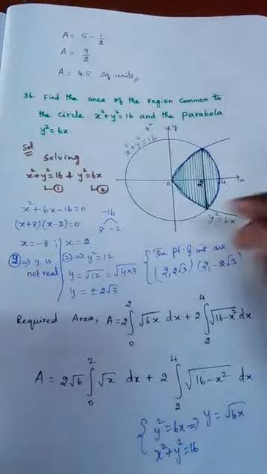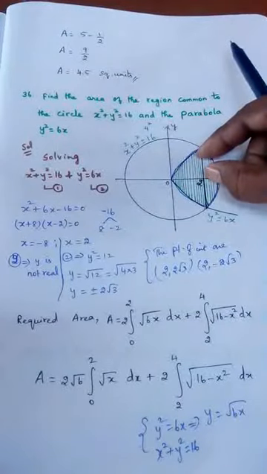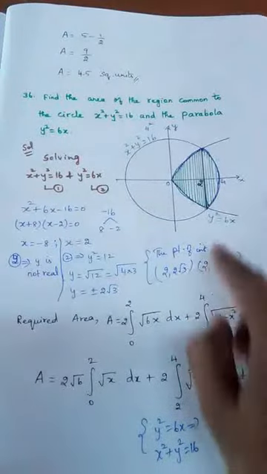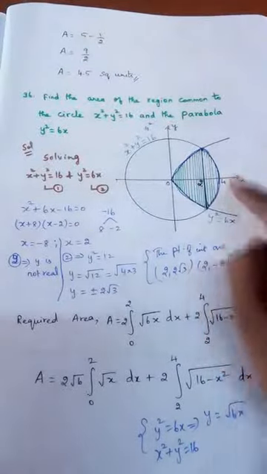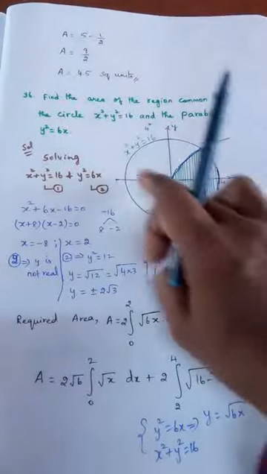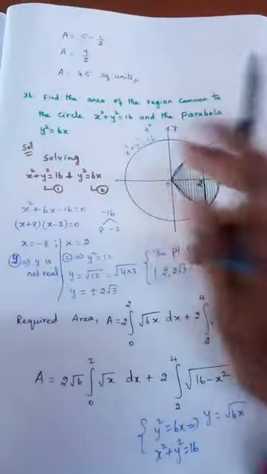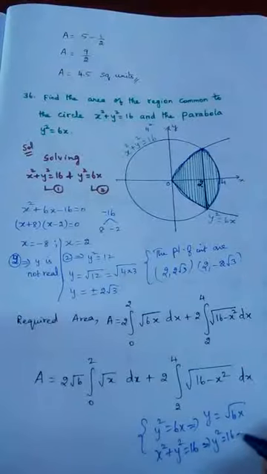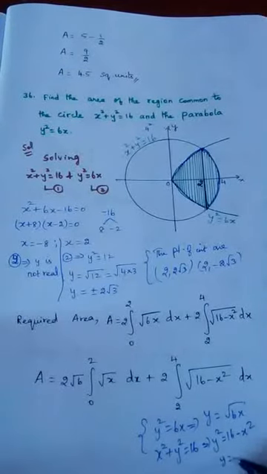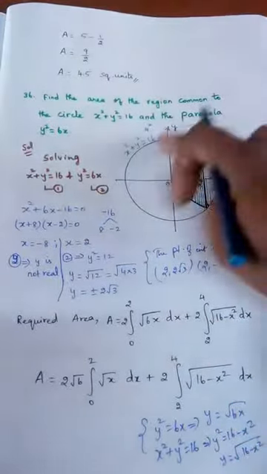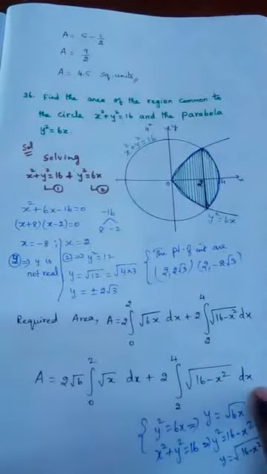So in the next integral, same thing. If I calculate this, I can multiply by 2 to get the entire region. So plus 2 into integral 2 to 4. Since the boundary here is a circle, I have to calculate the y value from the circle. So from here I can write y square is equal to what? 16 minus x square, or y is equal to root of 16 minus x square. So this value I am writing here, taken from the circle. So root of 16 minus x square dx.